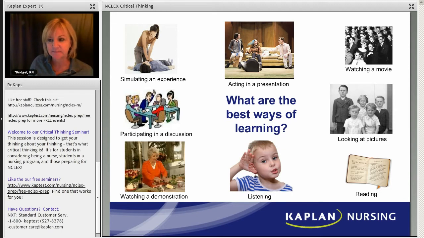That makes sense. The next one is pictures. Looking at pictures, right? So watching a movie, watching a demonstration, same thing. Looking at pictures is 30%. Listening is 20%, so that's in lecture, right? Lecture's tough, because you retain about 20%. And then reading is the lowest at 10%. So you guys that have trouble remembering when you read, you're just being honest, because reading is hard. Reading is hard to retain.